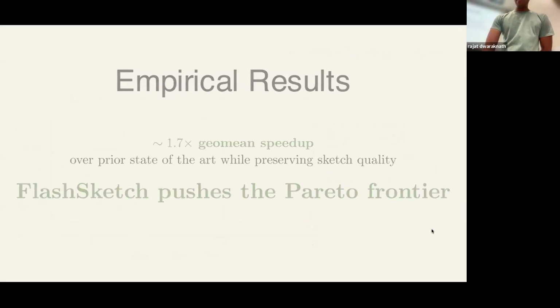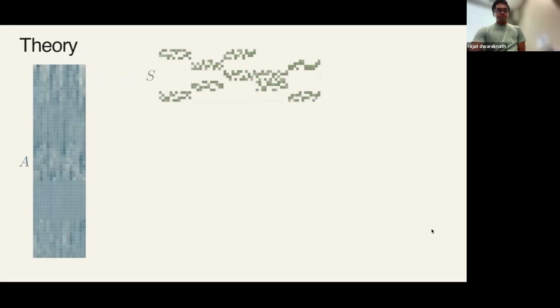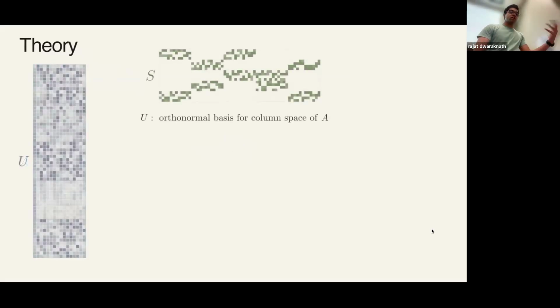Okay, so that's the results from the machine point of view. There are results from the math point of view as well. So very briefly, I would like to conclude with a summary of the theory. Again, we're going to be looking at U instead of A, which is an orthonormal basis for the column space of A. And to understand the theoretical properties of the sketch, we're going to define a quantity called